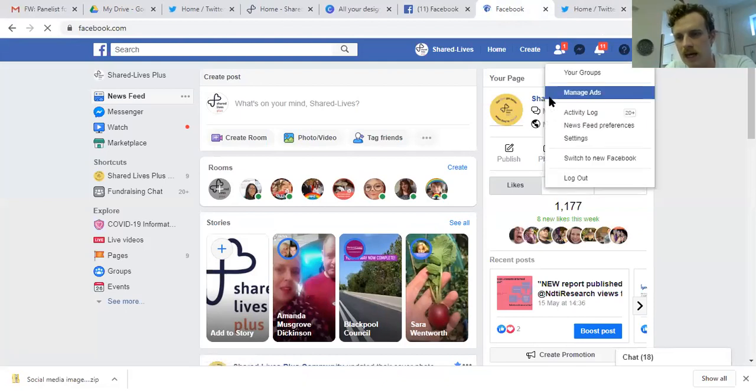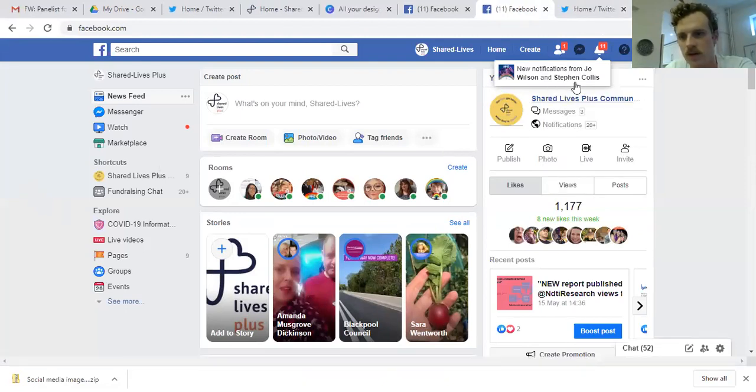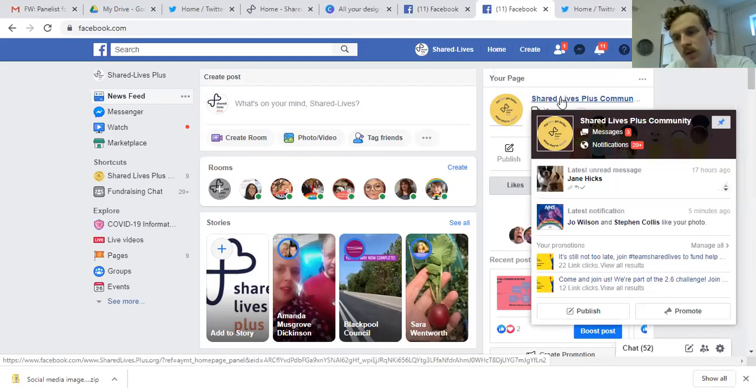Remember, last week we went through setting up a profile and setting up a page. Whenever you log into Facebook, you'll always be on a home page like this, and you will always want to be posting as your page rather than as a person. So your page is always in the right-hand column here.